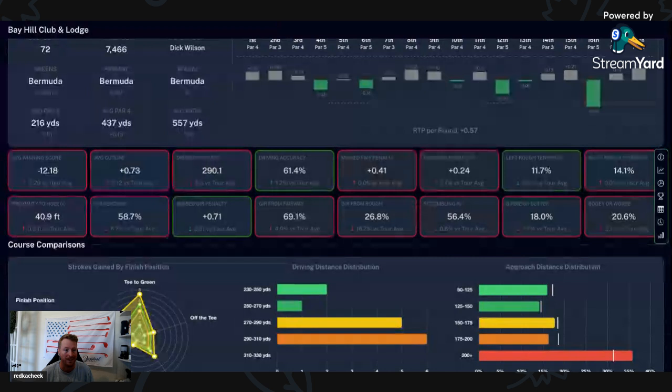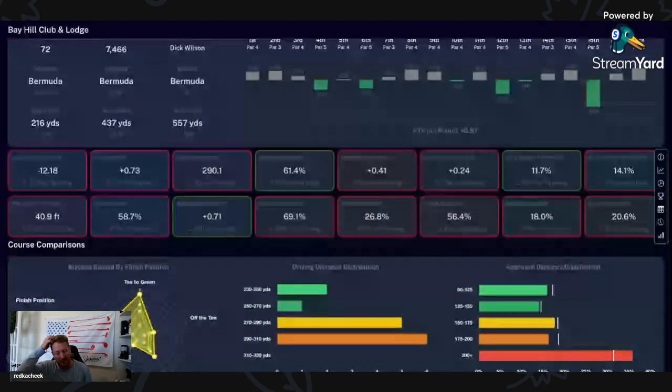The missed fairway penalty is up. It's about a fifth of a shot. Distance penalty is up. Like I said, there's also a penalty for distance on this golf course, even though driving distance is down. I think that's such an important piece of golf stats that it's so easy to kind